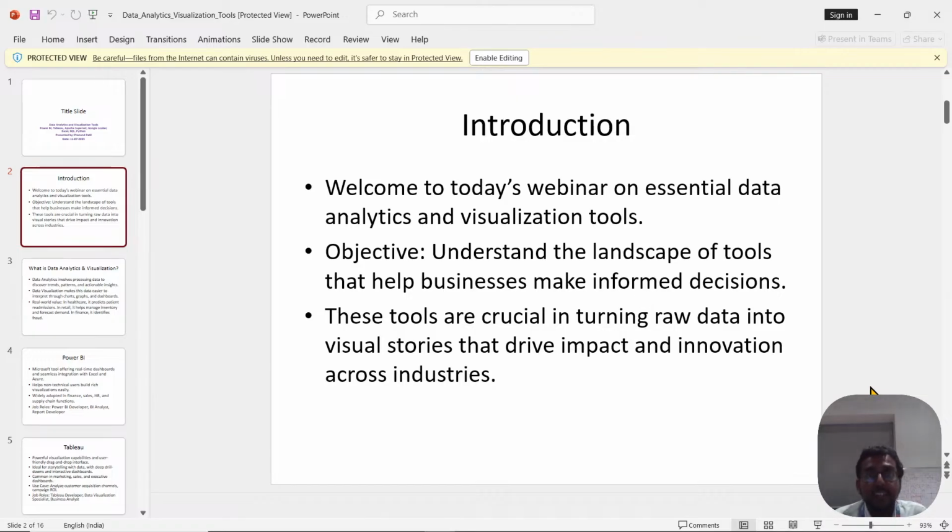In the same way, data analytics is also used for measuring performance in, for example, IT sectors. That is the performance of employees, or the performance of the company, or the annual revenue of the company. It is also used for improving efficiency. Improving efficiency means, for example, if you have data of annual revenue of the last 5 years, on the basis of that the company can predict the annual income of the next 5 years,